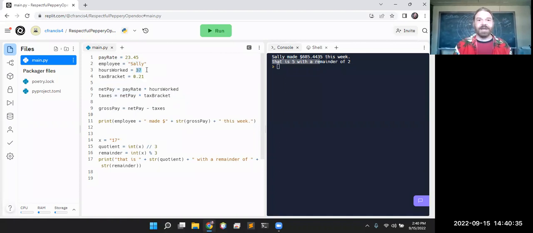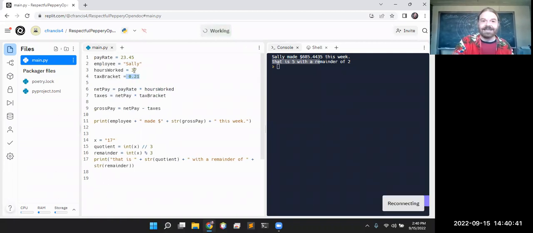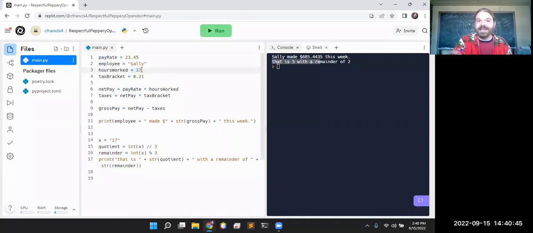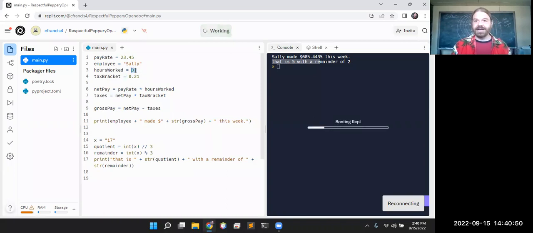That's going to change every week. But we did the simplified tax version, so our taxes aren't going to change. So really the only thing that changes is this number right here. So instead of typing that in directly,